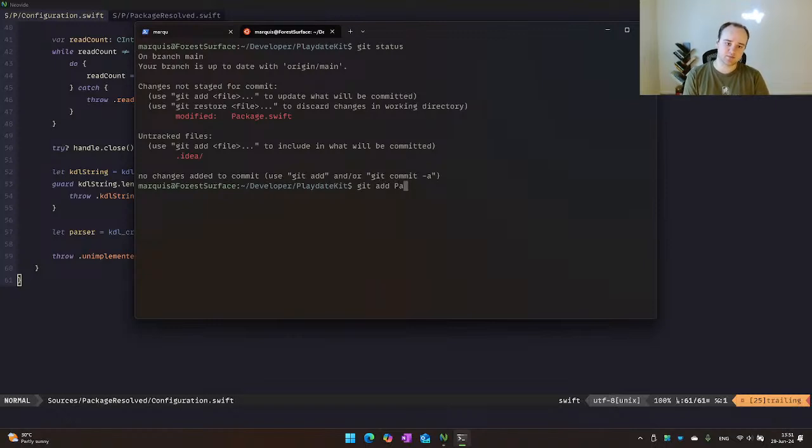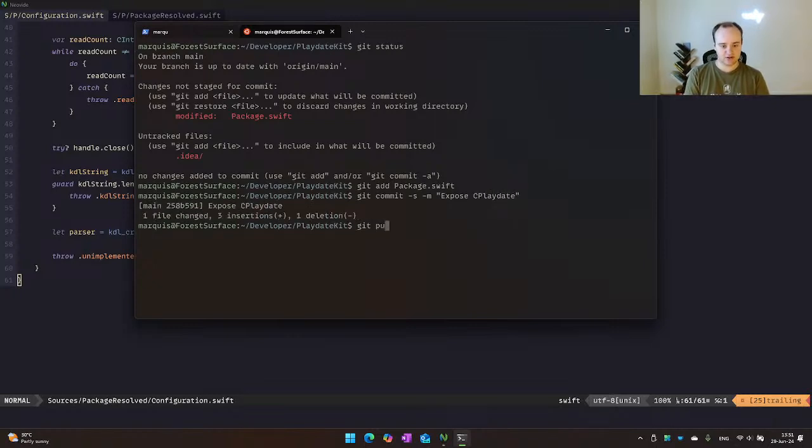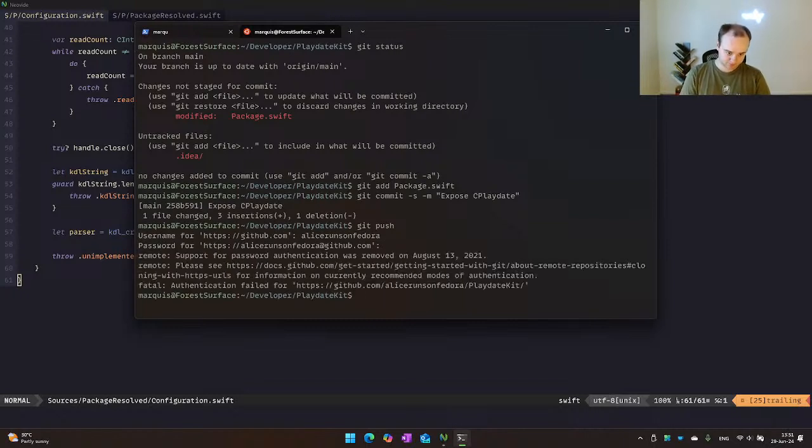Git add package.swift, git commit, tag S, tag M, expose C Playdate, git push. Yeah, I figured.